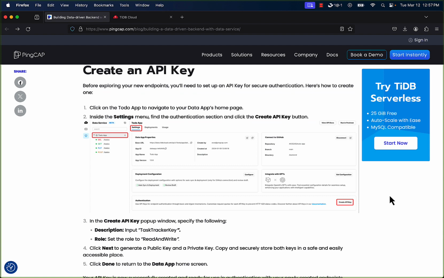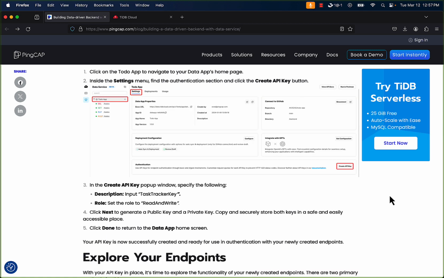Now that we've deployed our endpoints, we first have to create an API key, right? Because we can't explore our endpoints without setting up the API key for secure authentication. Let's go through the steps to create our own personal API key. The first step here is to click on the To-Do app and then navigate to the Data Apps homepage. From there, we want to select Settings, and within the settings, we want to look for the Authentication section and